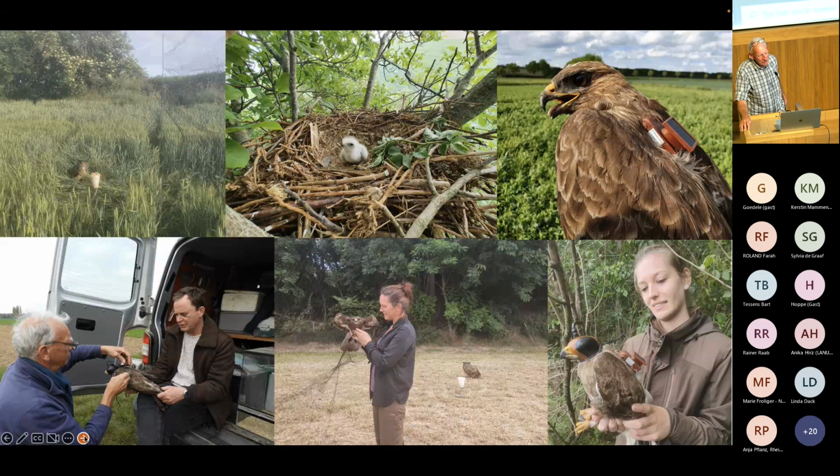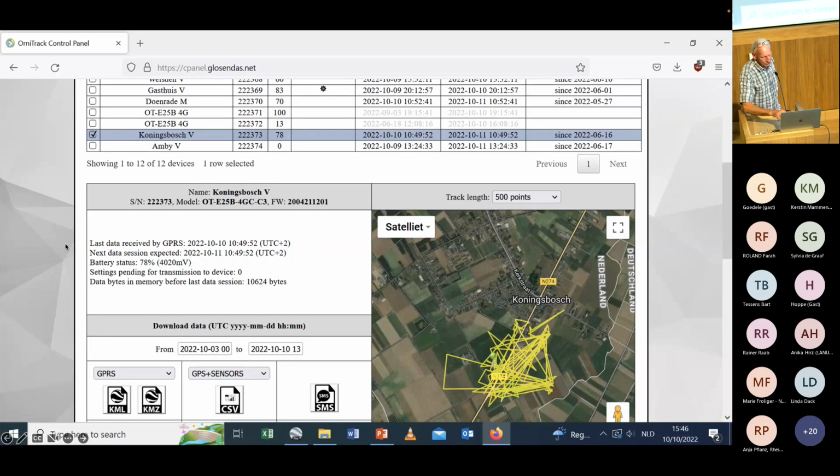How to catch a buzzard? The best method is to catch a buzzard near his nest where there are small young. They are then very aggressive toward other birds of prey, and the best bird you can use for catching a buzzard is a live eagle owl. So if you take a position near the nest here on the left,